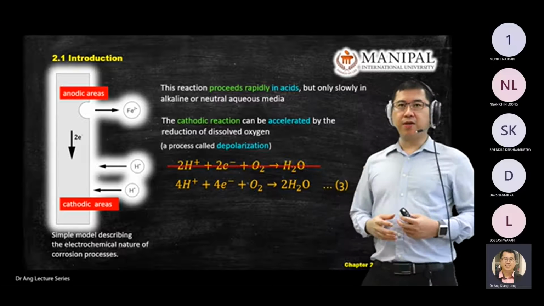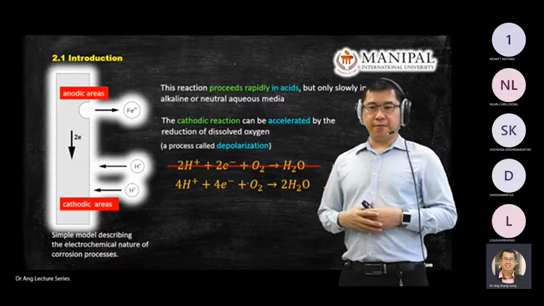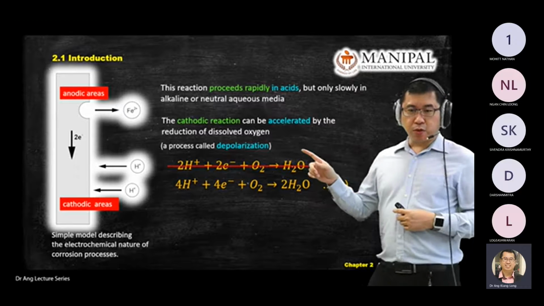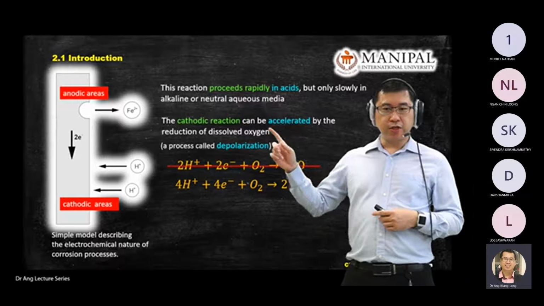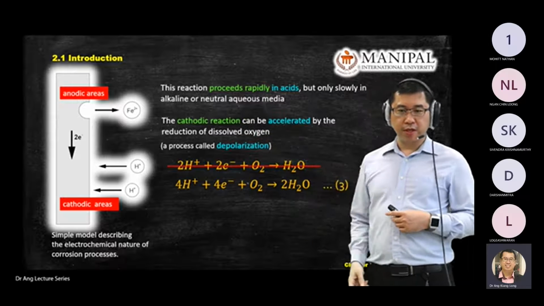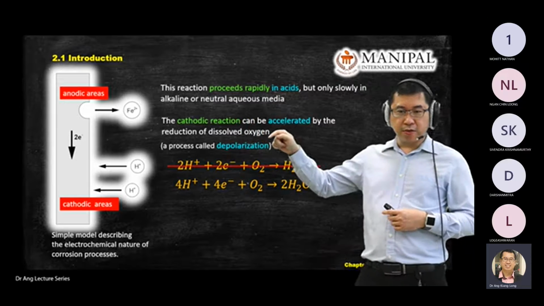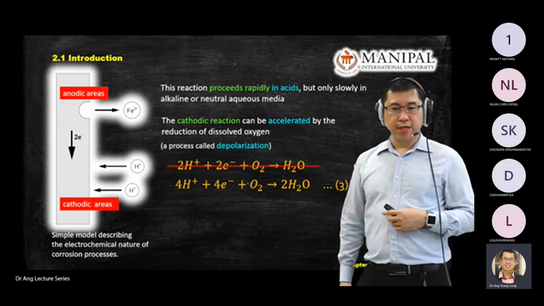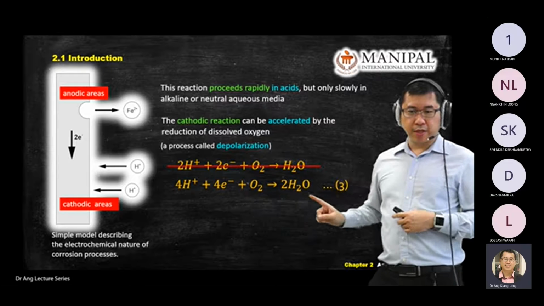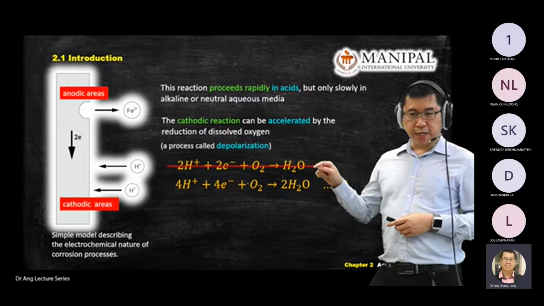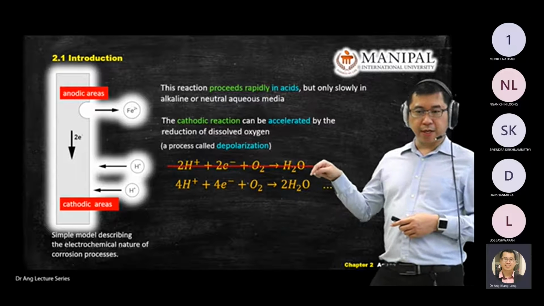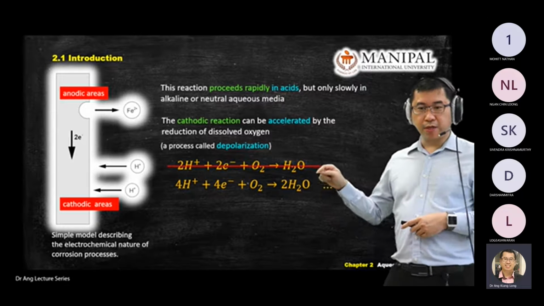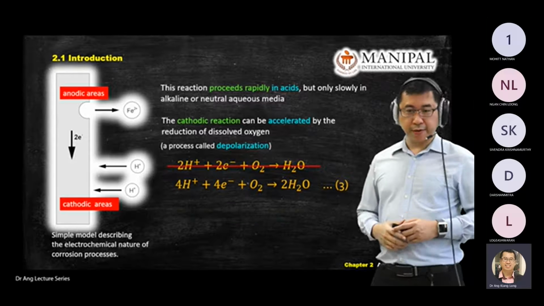So in the test or in the final exam, if the question asks you about acceleration of corrosion, your answer, we are expecting you will write something about depolarization and the process, okay, and the equation. So just be careful when you write the chemical, electrochemical reaction. Okay, so this one you learned before in your chemistry already. Yeah? All right,